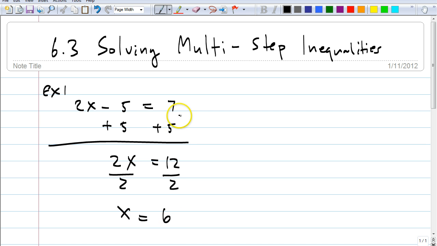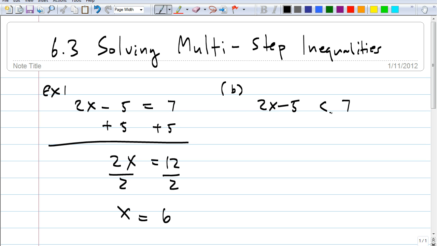So now, this is part b. Now let me give you the inequality. 2x minus 5 less than 7. Is this going to be much different than solving that simple equation on the left? Do you think it'll be much different? No, it's very, very similar. So what do you think I should do here? Just like before, I should